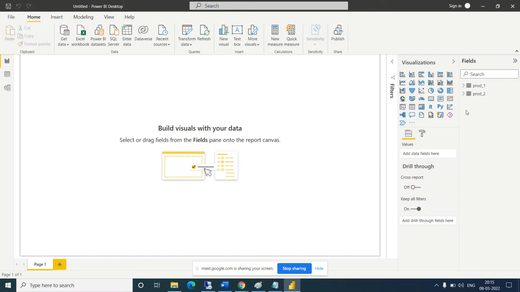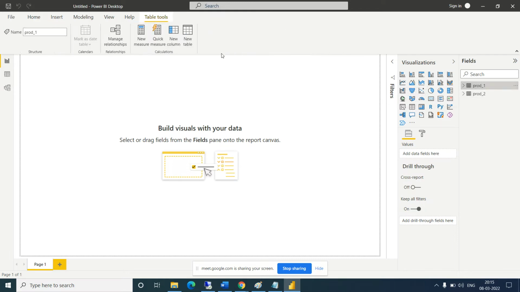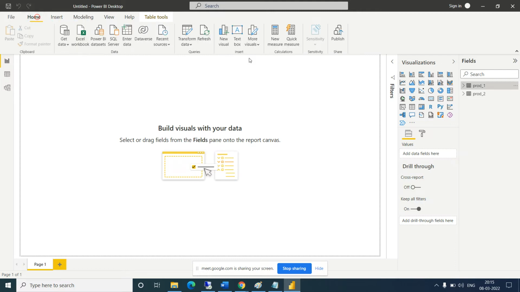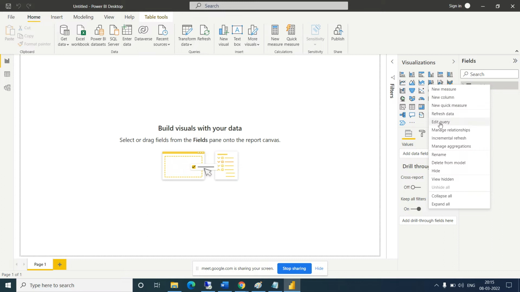Okay, how to go to the query data? Right click on the table and click on Edit Query.